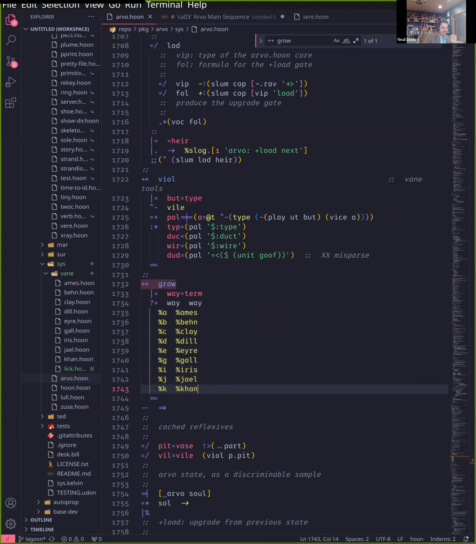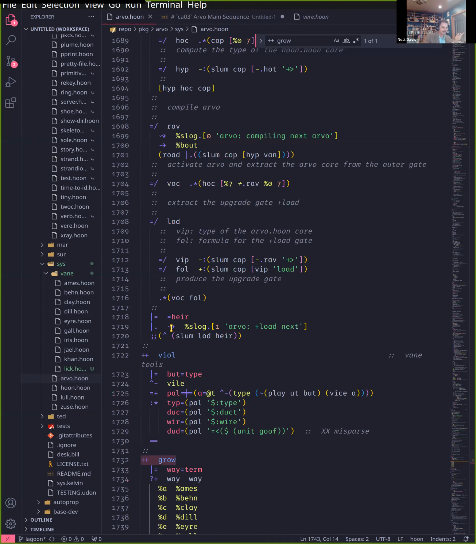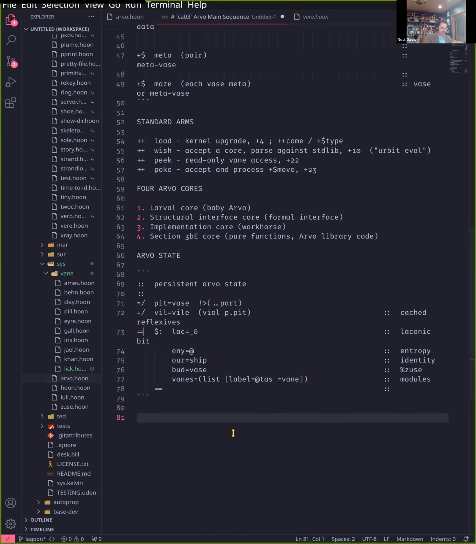So a vein ultimately is a trap of a vase. Maybe it was a trap of a vase, but ultimately it's a vase that describes an outer gate which produces a core. The vein state is the gate that wraps the core that has the right standard arms. And when we operate with veins in Arvo, it's going to be doing things explicitly in vase mode. So if you want to look at the skeleton of a vein, which we'll do